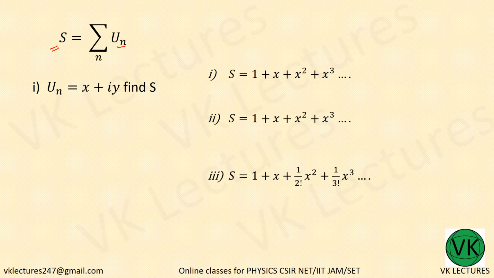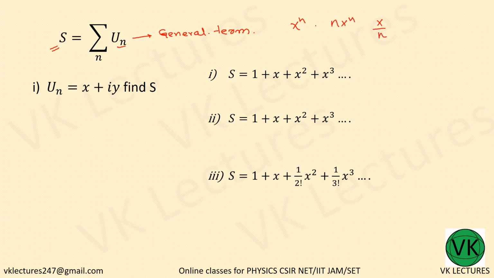What is un? un is the general term. So here you can write un is nothing but the general term. It can be anything, like for example x_n, n x to the power n, or x by n,